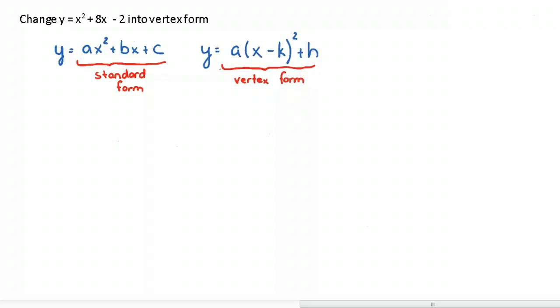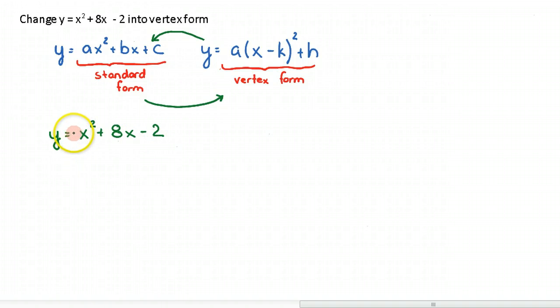So it's useful to be able to convert from standard form to vertex form, as well as to go from vertex form back to standard form. So in this video, we're going to look at how to go from standard form to vertex form. And specifically, we're going to look at a case where the a term, the a coefficient value, which is located right here, is equivalent to 1. If it's not 1, there's one extra step we have to take, and we'll look at how to do that in the next video. So what we want to do in this case is this is called completing the square,